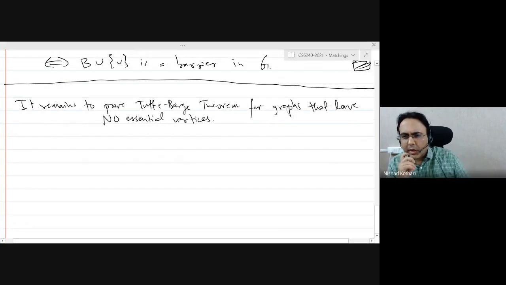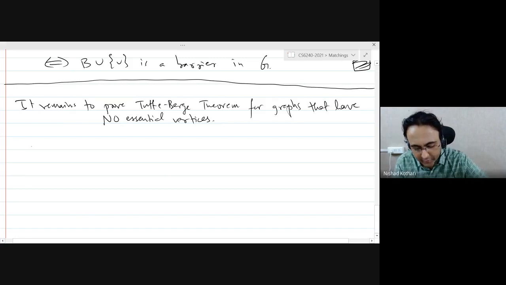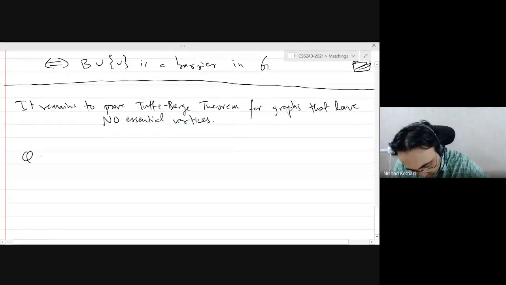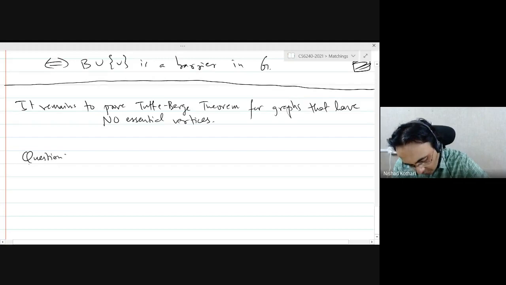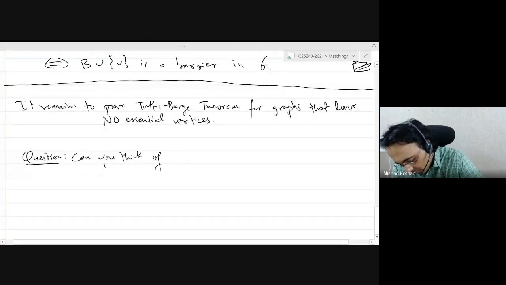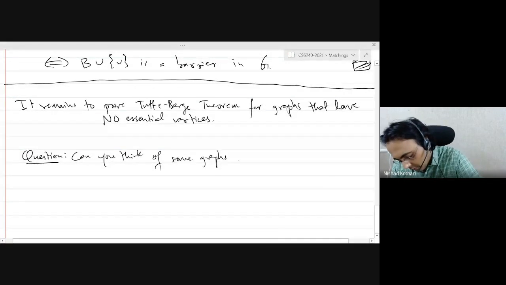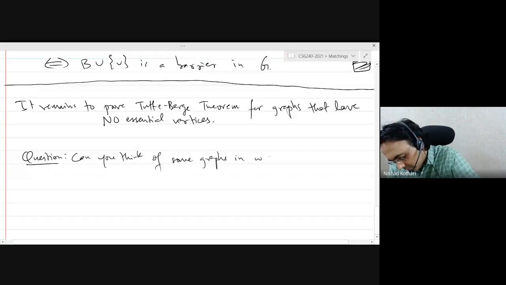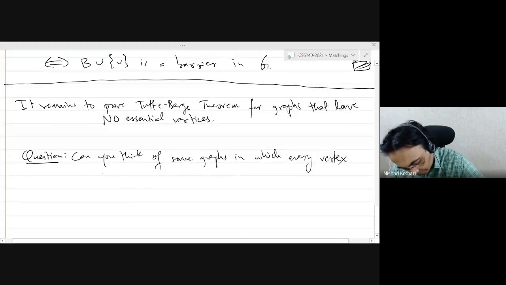Okay, so what are these graphs? What are the graphs in which every vertex is inessential? Let's see if we can think of some examples. Can you think of some graphs in which every vertex is inessential?